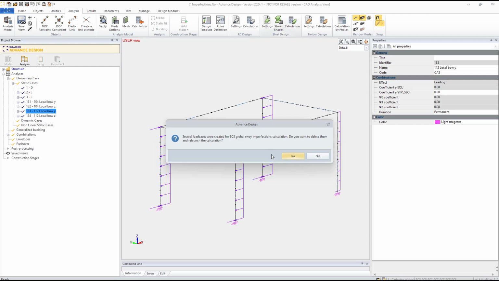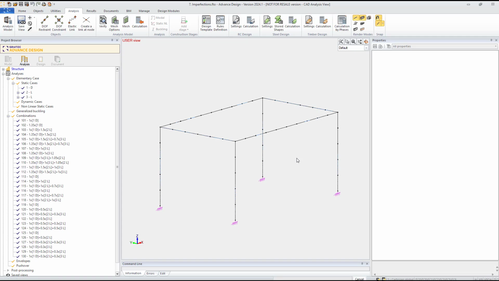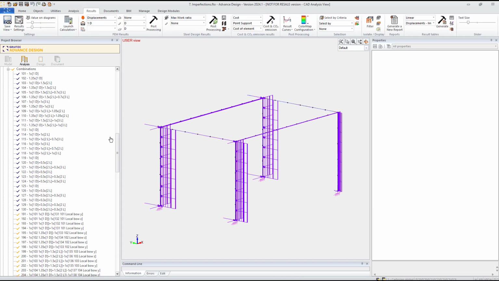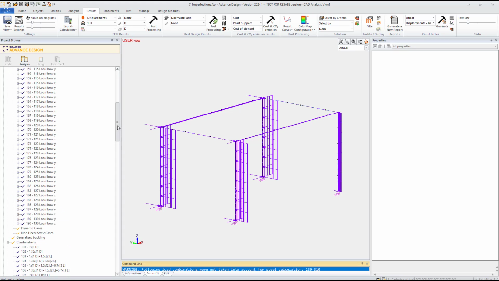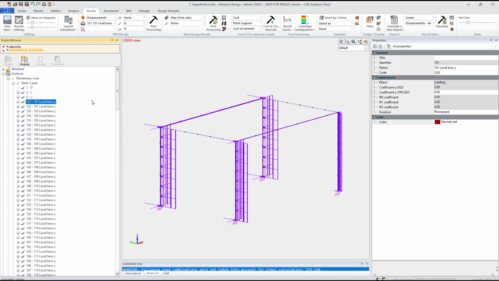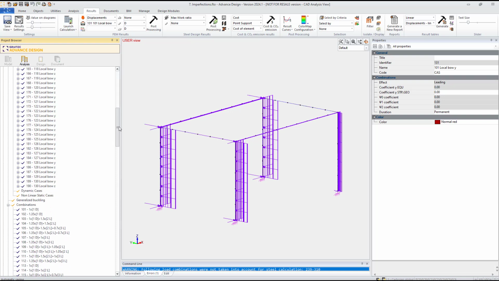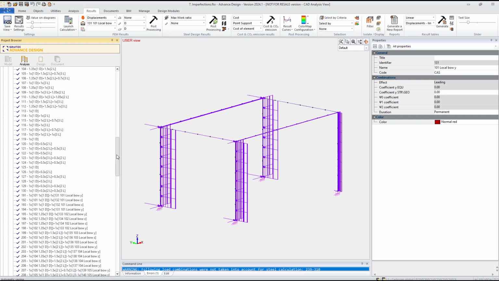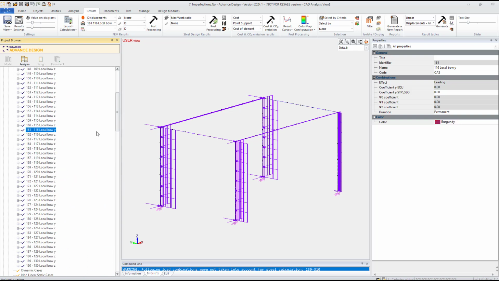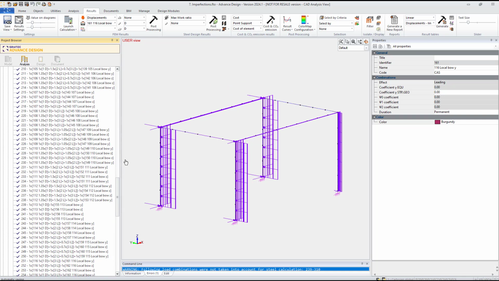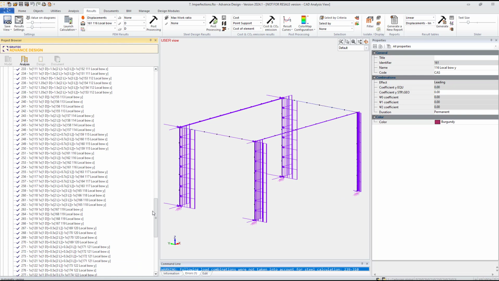Advanced Design is asking me if I want to remove the old additional load cases from the imperfections. Yes. Yes, calculations are longer because, as you will see in a moment, we have a lot more load cases for local imperfections. For each load combination, we get another load case with forces, and as a consequence, you have a lot of